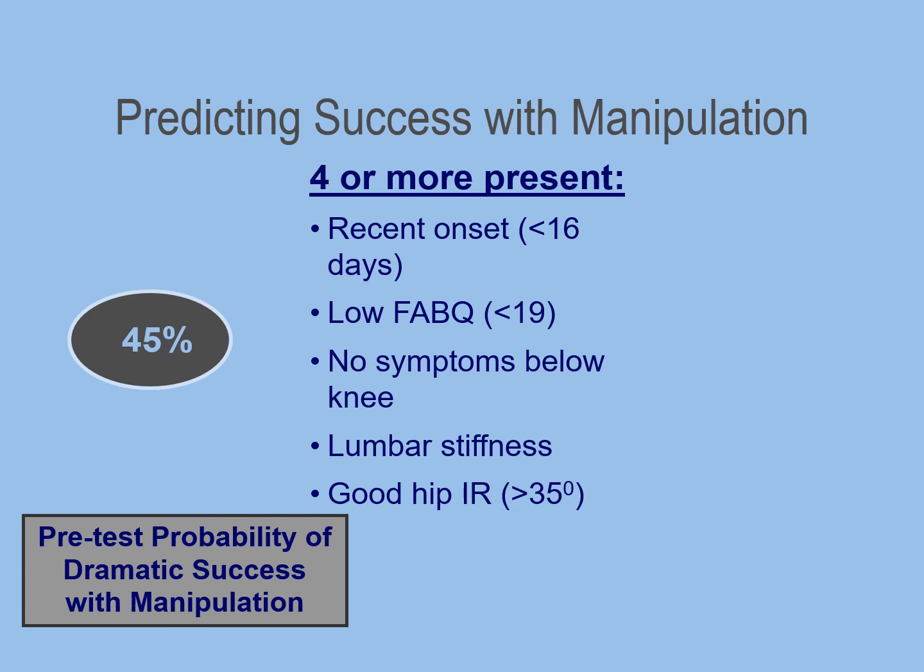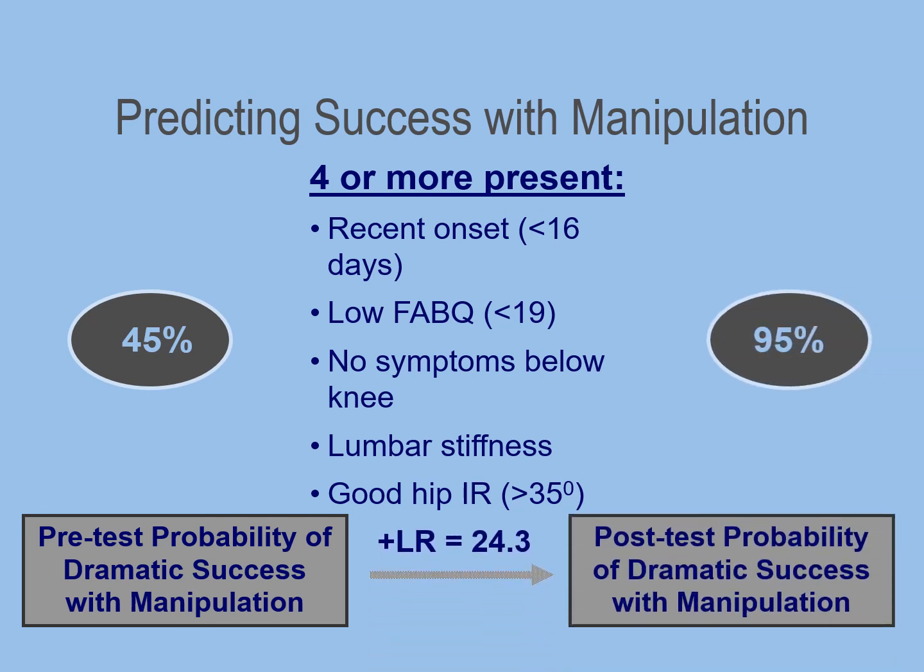And so what happens to the probability of success if we have 4 present? Well, now it goes up to 95%. Now it's a no-brainer. And so after you screen your patient and you're not concerned about metabolic bone disease like osteoporosis, you're not concerned about things like a fracture, you're not concerned about neurologic concerns, so the patient doesn't necessarily have potential underlying nerve root compression or cauda equina already. And those are factors that would limit our ability to use manipulation with the patient. But if those factors aren't there and it's safe to do it,